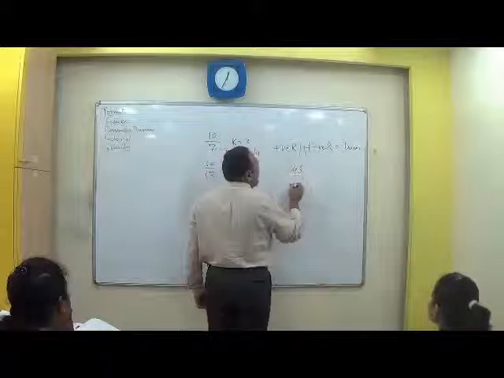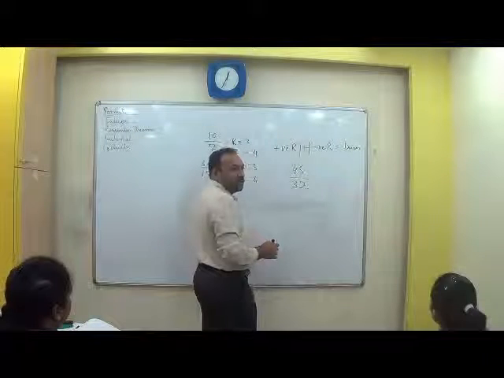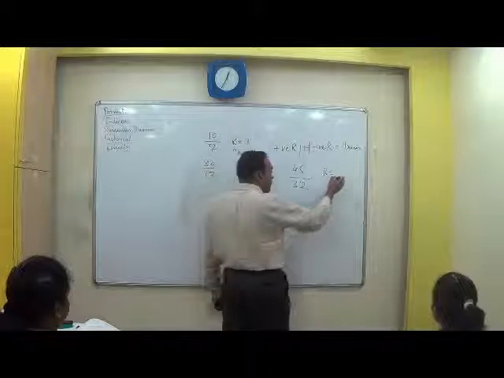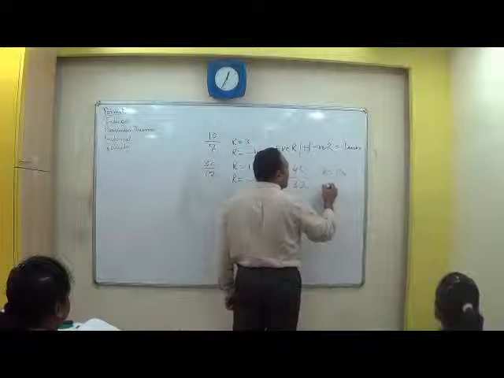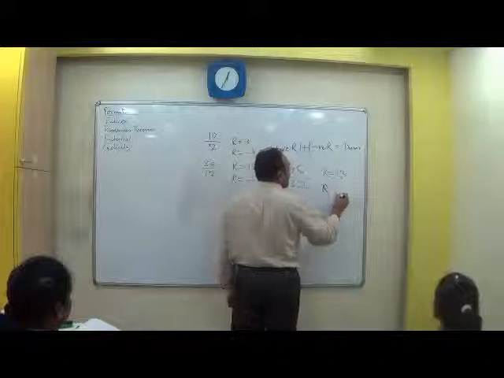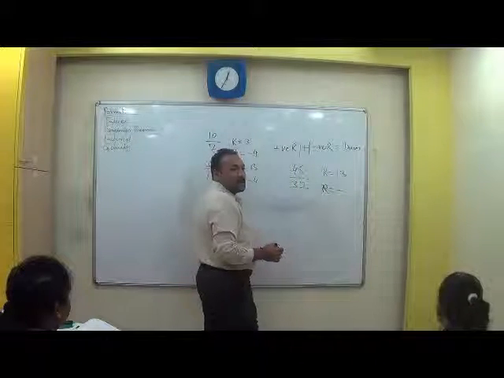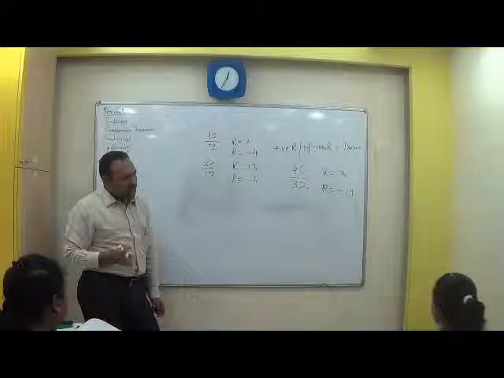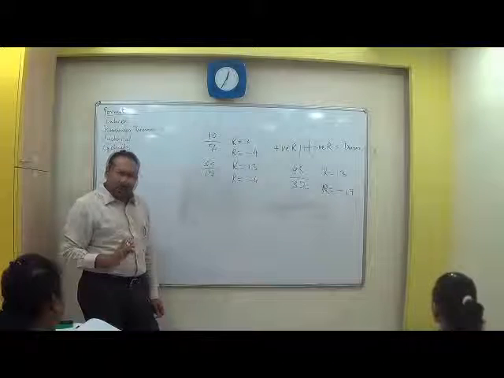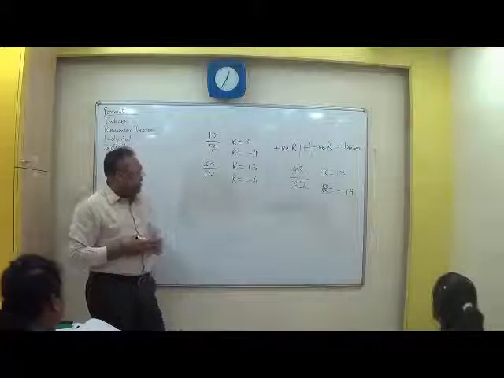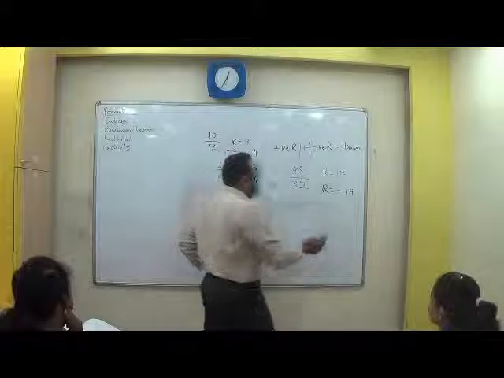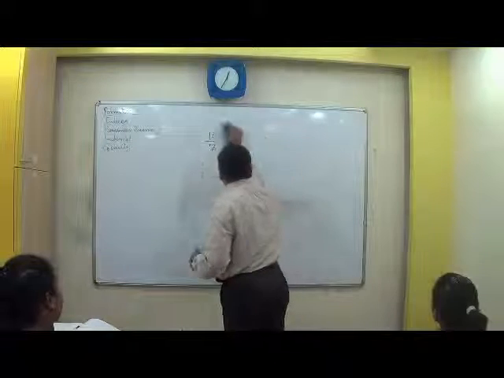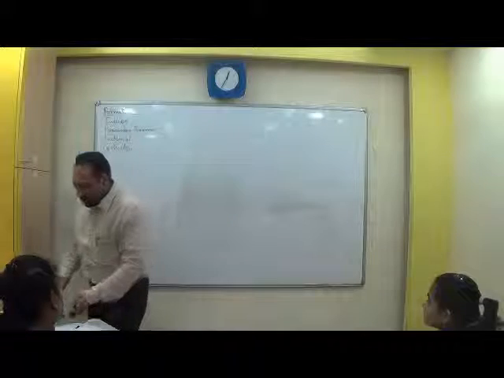45 divided by 32. Positive remainder? 13. Negative remainder? 19. Understood? Absolutely simple concept of positive and negative remainder, right? Great. Second thing, which I am going a little, I would say, off track, but that comes